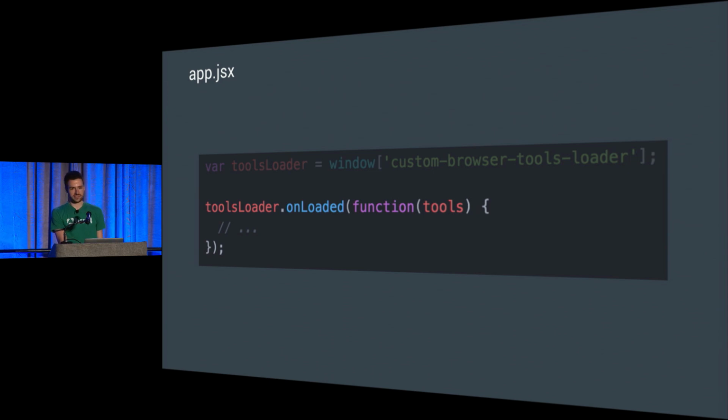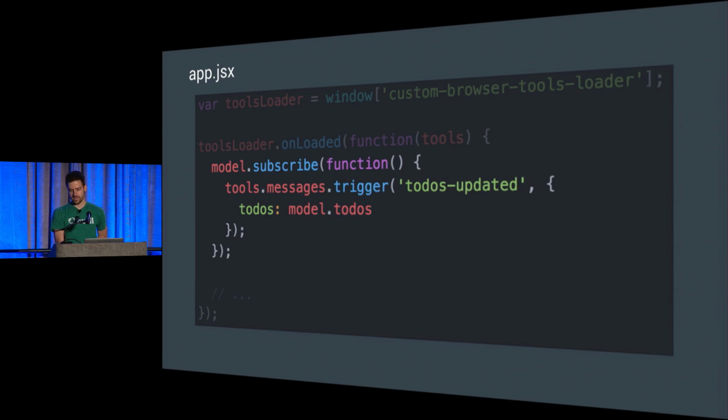But when it is, then it passes in a reference to tools, which is just what I'm calling the page connector itself. So tools has all the APIs on it, all of the APIs being messages right now. But you can access that from tools.messages. And we want to,